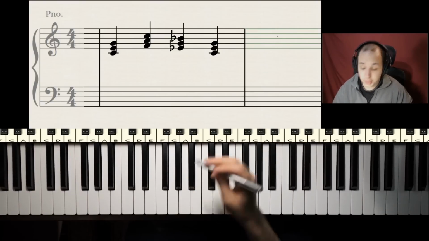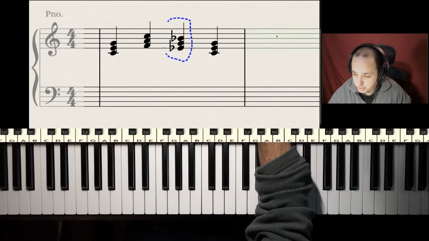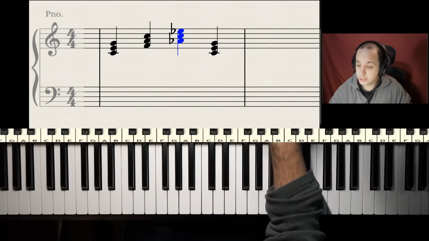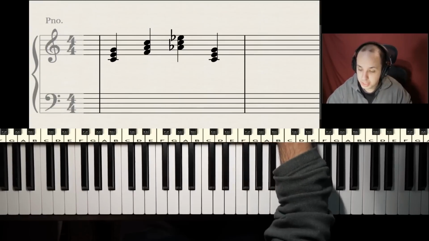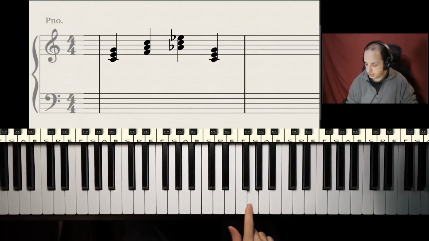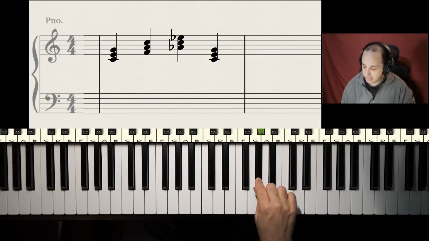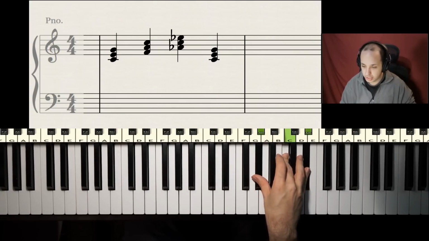Okay, what are some other options? Another good option is flat 6. So you go to the 6th note of the scale, or whatever key that you're in. Remember to abide by any sharps or flats you may have. You flat that, and then you build a major chord on it. So basically here,